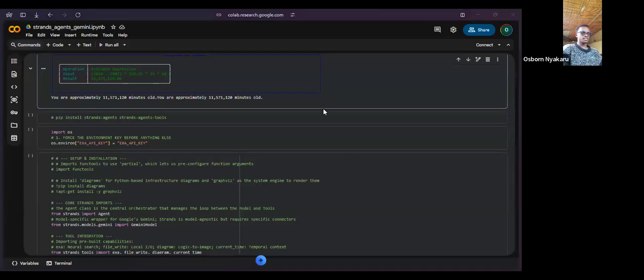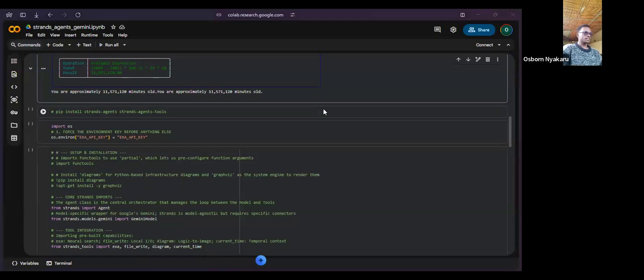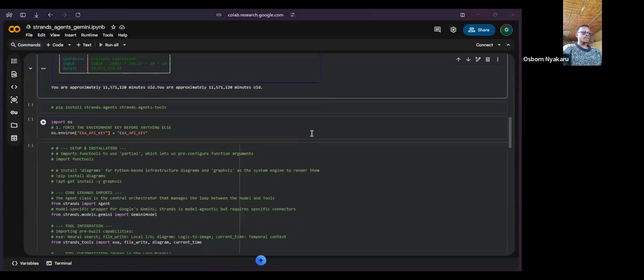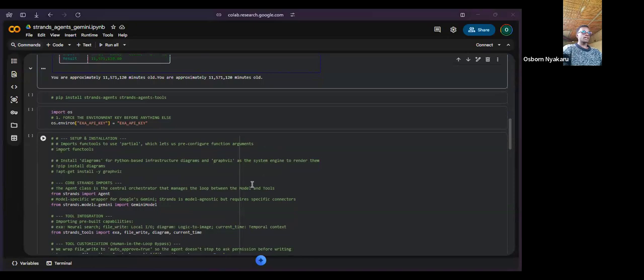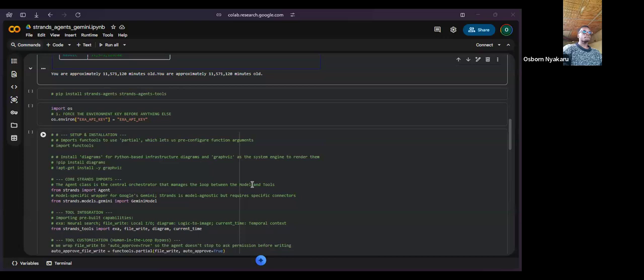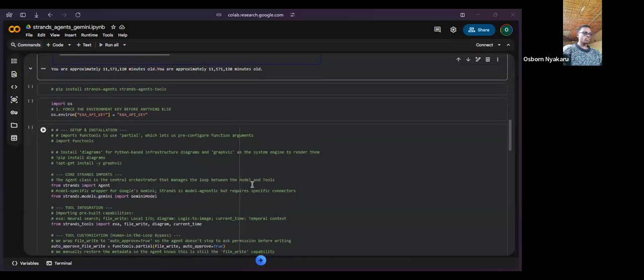What I was basically doing was creating an agent that searches the internet and provides a very detailed description differentiating between Strands Agents and LangChain, which is another framework.